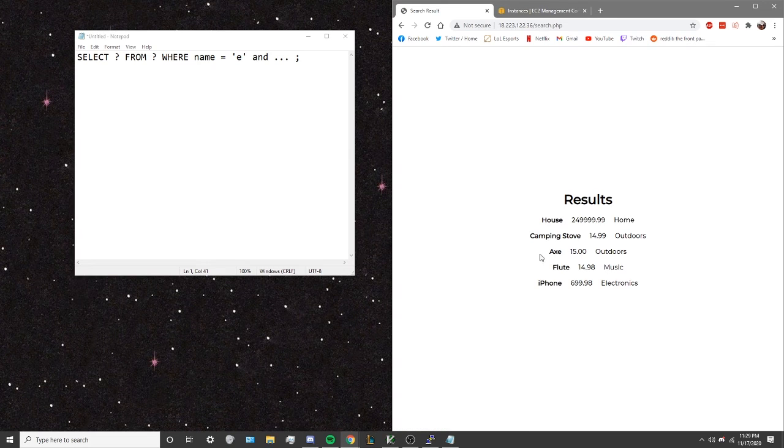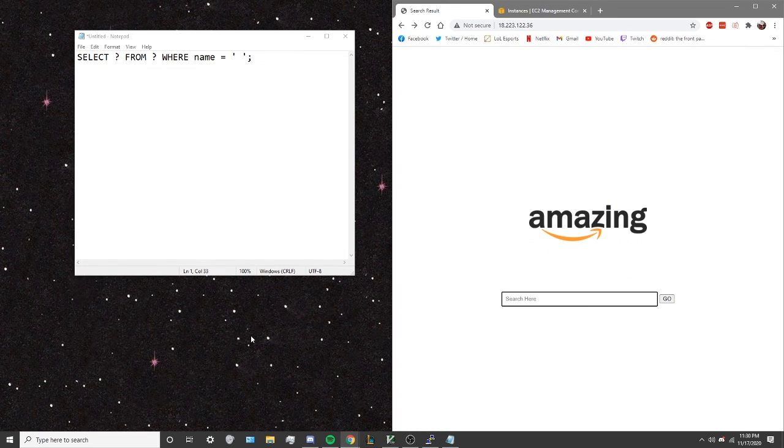Which it does. Since we're able to execute our own SQL code, we're going to try to pull information from tables that we normally wouldn't have access to. The way that this is accomplished is with a union. Unions are just like joins, except instead of adding columns, it adds rows. To do a union, you must have the same number of columns in both queries,